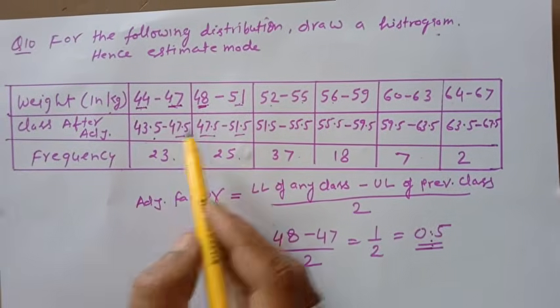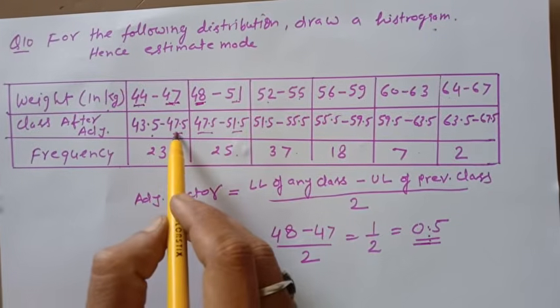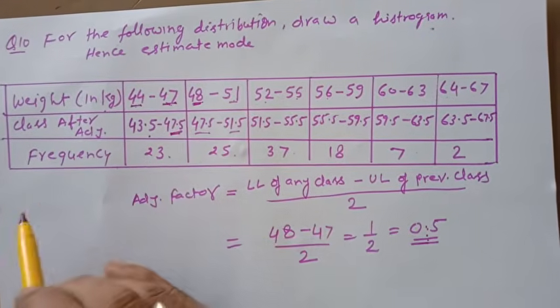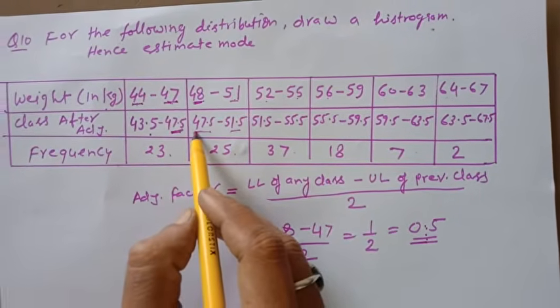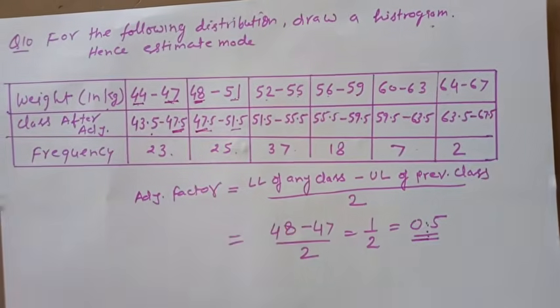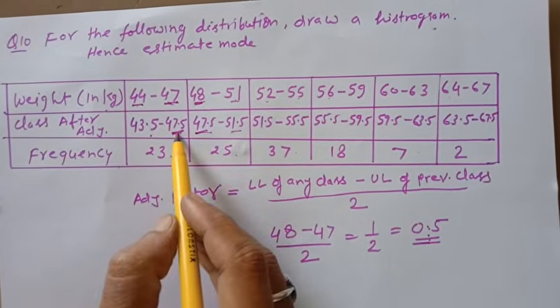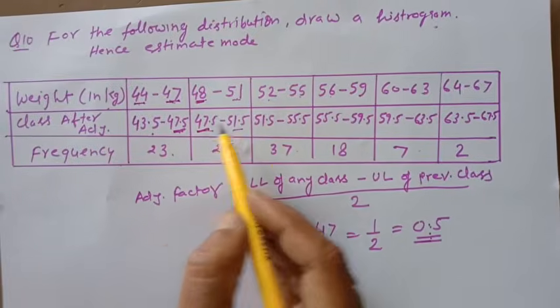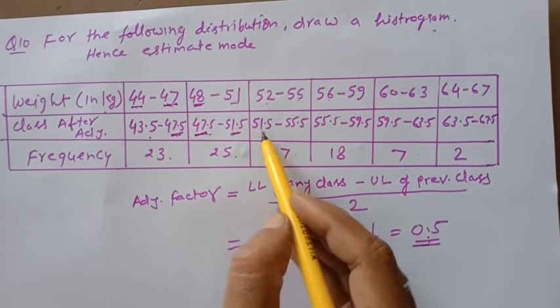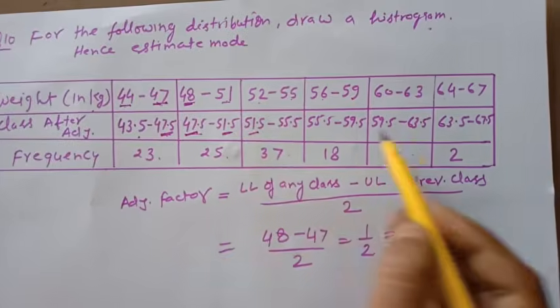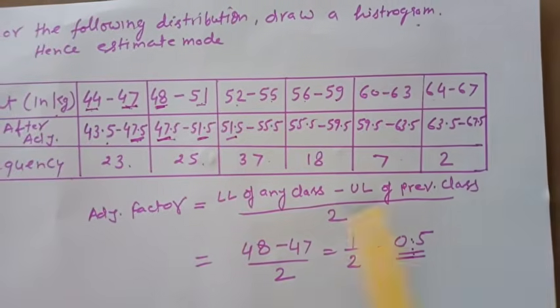We can see that now every upper limit is equal to the lower limit of the next class. We can see that here 47.5, here again 47.5, here we are getting 51.5, here also 51.5. Similarly you can see in all. Now